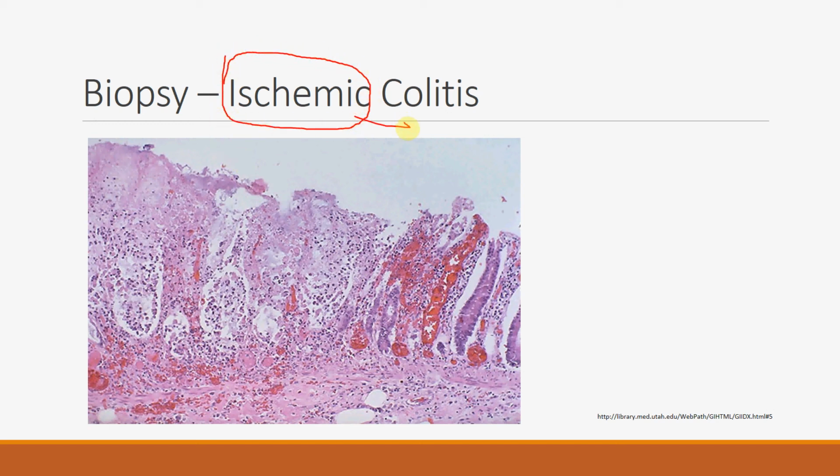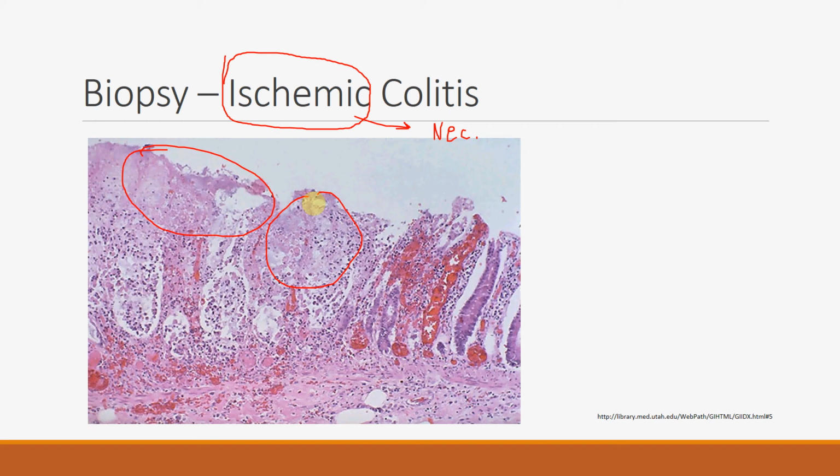So what's the next step after ischemia? It is necrosis. The hallmark of necrosis is cell death with loss of the nuclei, and we can see that very clearly here. These cells don't have any nuclei here, right? And also there will be edema, okay? And also signs suggestive of distorted crypts, because these crypts are distorted because there's necrosis and this is sloughing off,